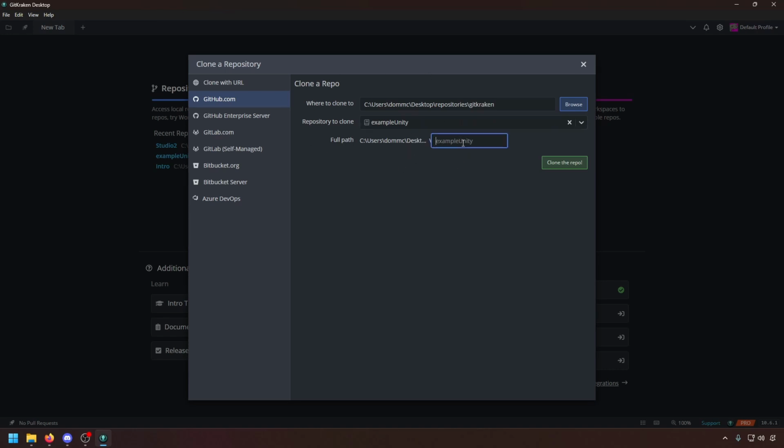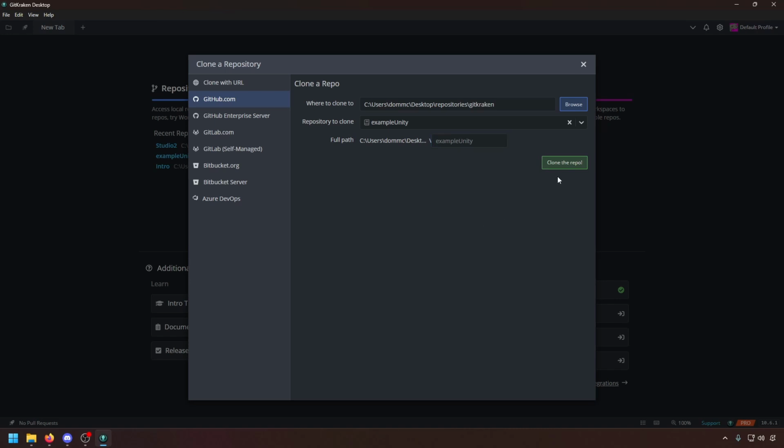Now, if you want to rename it for something else, you will change it here. So let's say you have an external USB, you can do external USB. Ideally no spaces, but you can name it whatever you want, and it will rename the folder it'll create for you. Or you can just rename the folder later, but if you rename the folder manually, GitKraken will lose its reference, so you'll have to